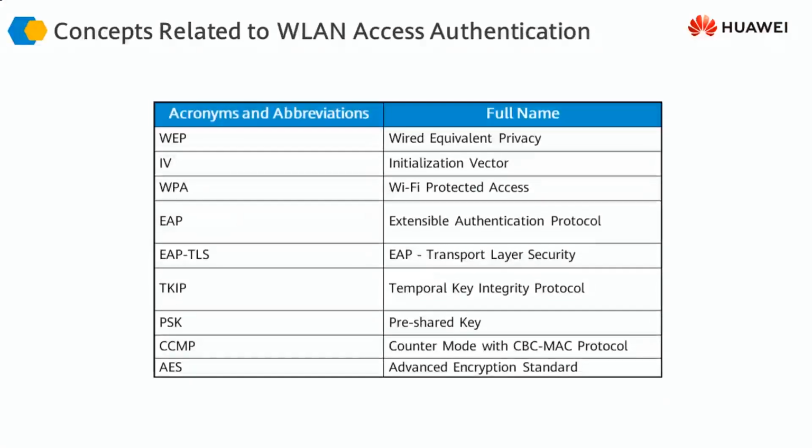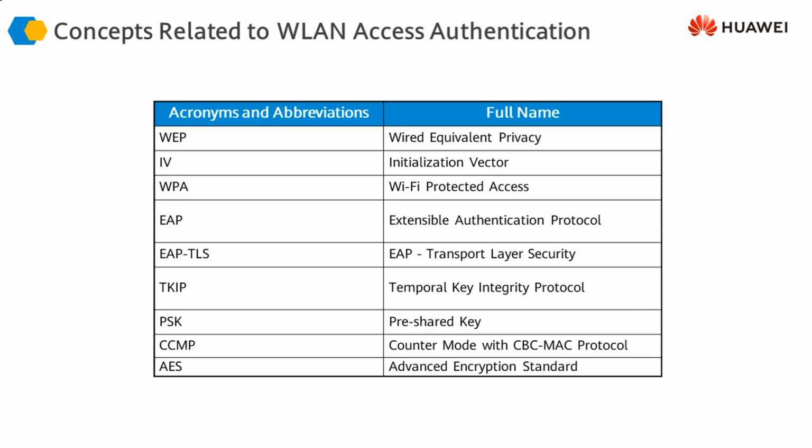So this slide is a very important and a key slide for those of you who are not well versed with either wireless technologies or security technologies or both. There are multiple abbreviations that we have been using, and we will use in the next few slides. It is important for you to understand these abbreviations. What do they mean? For example, WEP means Wired Equivalent Privacy.